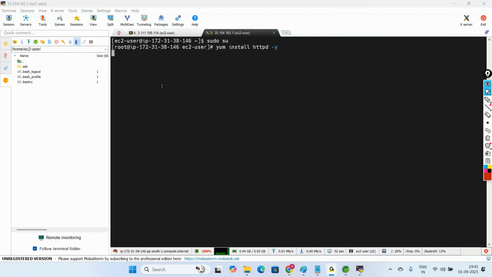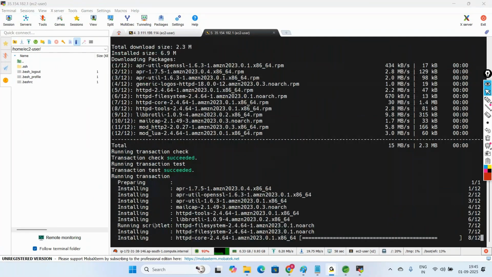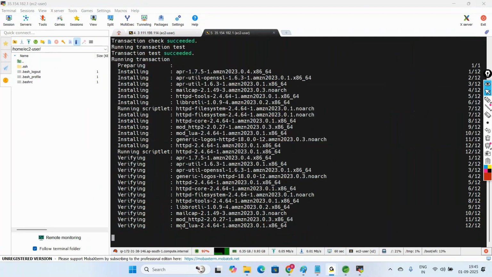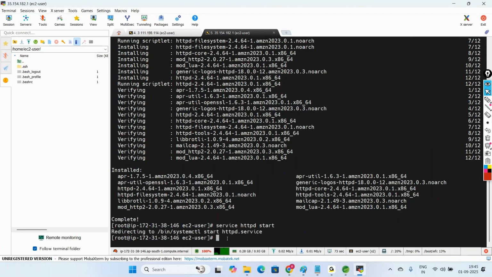It will take some small time. Once it is done, we have to start the service. service httpd start. Okay. So once it started, then go to the folder